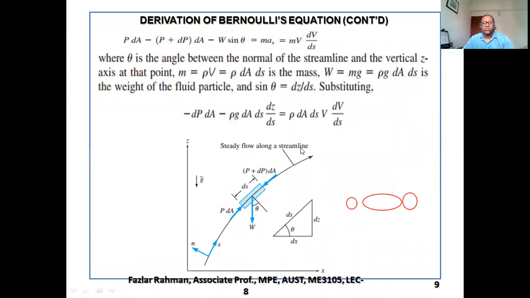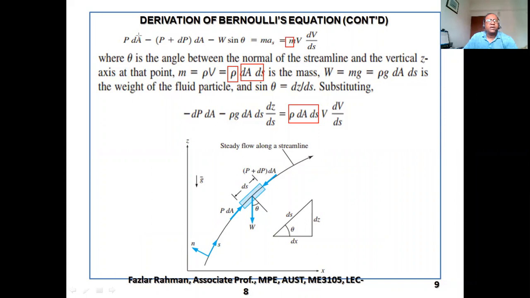So if we look at the next slide, right over here, we again mention what m is equal to: rho into volume. So rho is the density, and the volume is dA into ds. That will be, you see, the mass on the right side of the equation. This is m equal to this mass, times v dv/ds. On the left side, you see